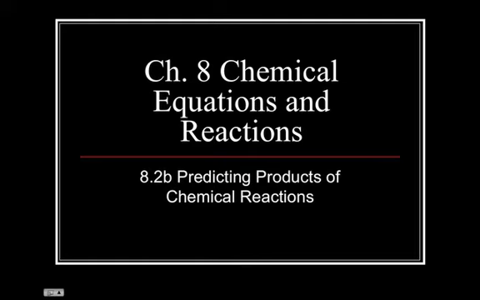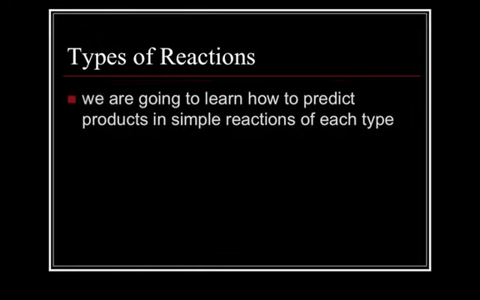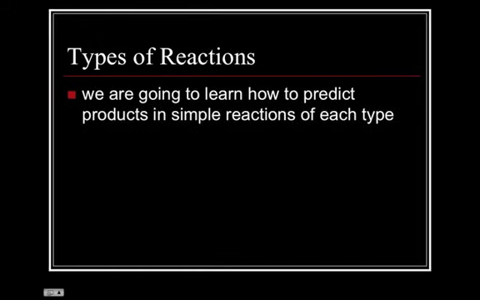And so just simply looking at what the reactants are and looking at what the products would be, assuming that the reaction does in fact take place. So not all of the reactions that we do today would actually take place, but we're not worried about that right now. So your types of reactions. What we're going to do is learn how to predict the products in the simplest form of the reactions of each type. We're not going to do the big complicated